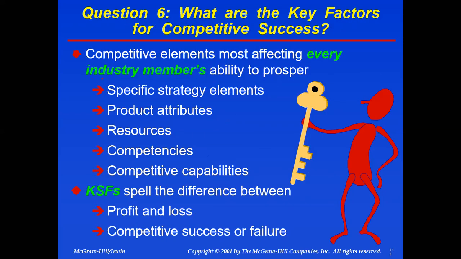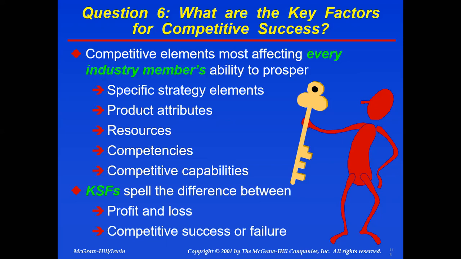Now, moving towards the 6th question, which Thompson and Strickland have sorted out to develop a strategy. The 6th question is talking about what are the key factors for competitive success. And these are the same factors which we sorted out in the competitive profile matrix, which was discussed by Fred David. In the competitive profile matrix, we developed critical success factors in the left column.